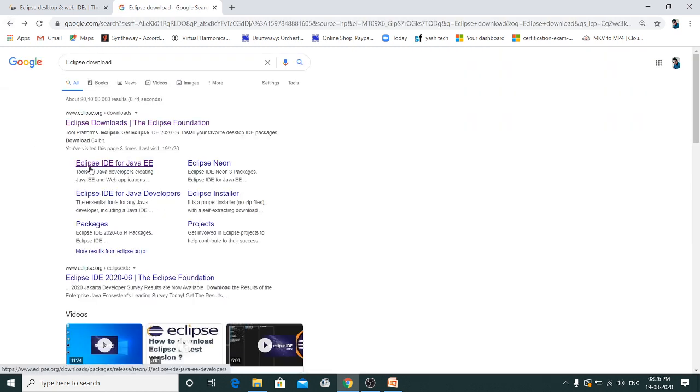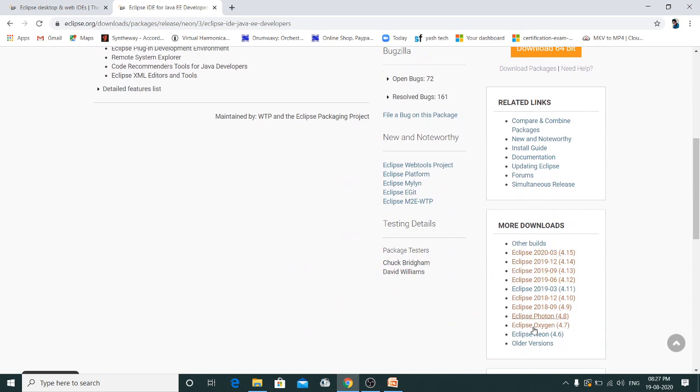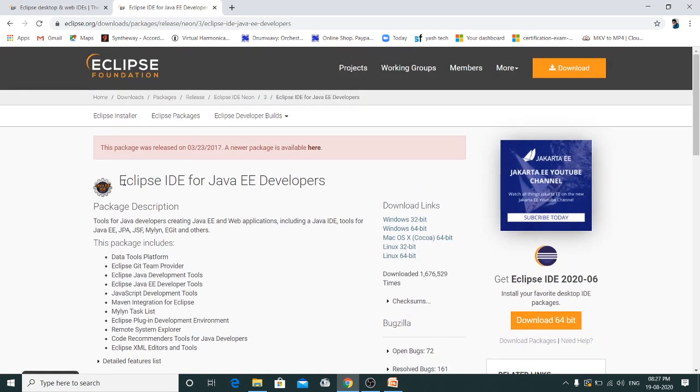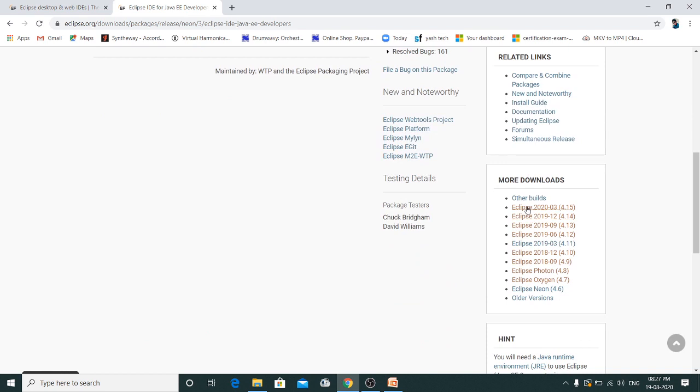So instead of clicking on the exact link, I'll go to this link, Eclipse IDE for Java EE, which is enterprise. Here you can see different versions of Eclipse, like Neon, Oxygen, Photon, and different releases in different years.